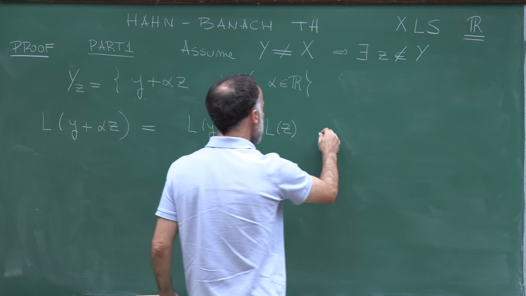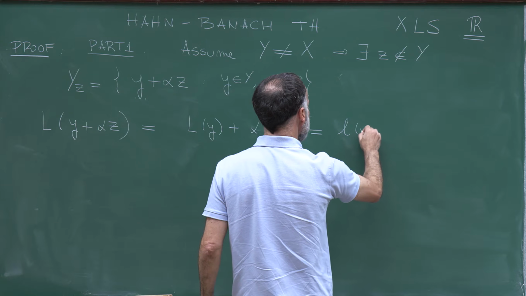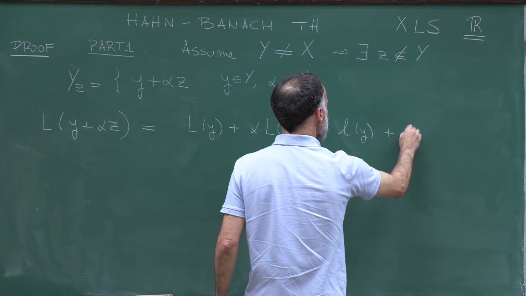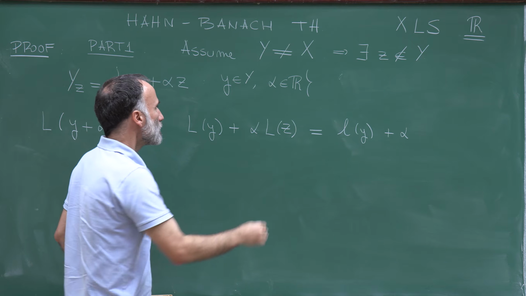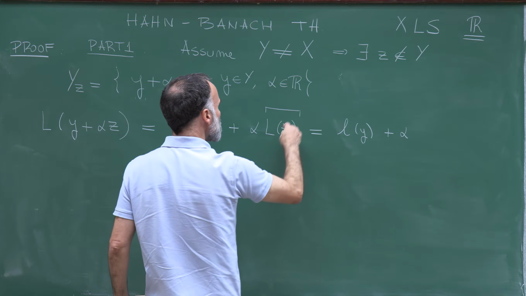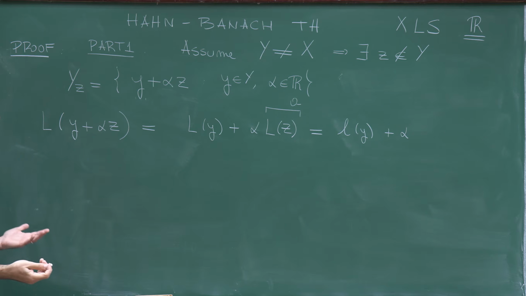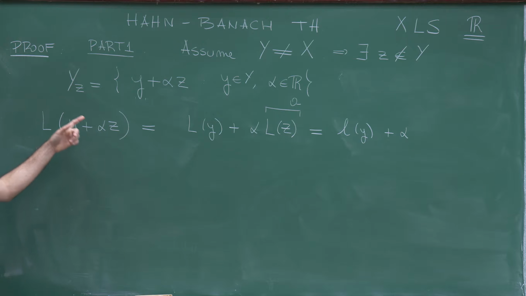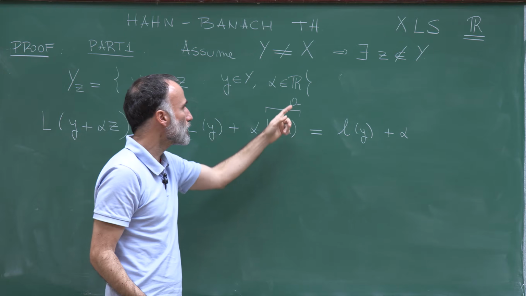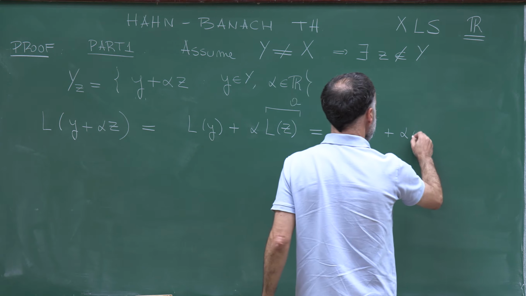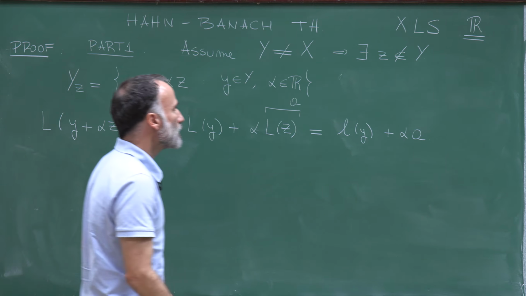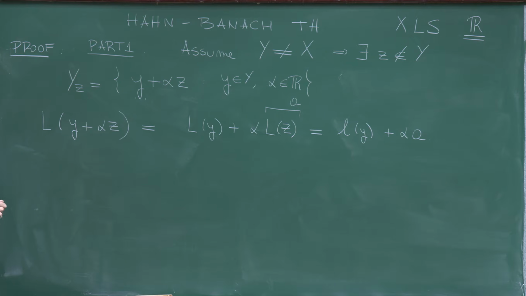So this has to be equal to l of y plus alpha, and then let me represent L of z by a. So this is a number, so this is what I have to determine in order to define L in Y + Rz. If I determine a,